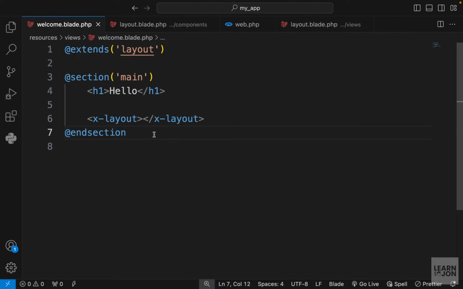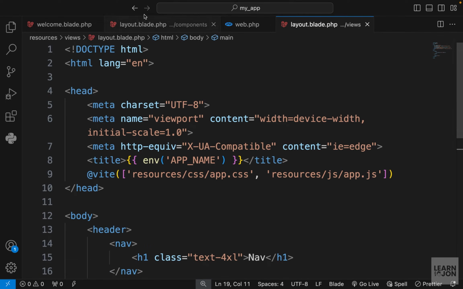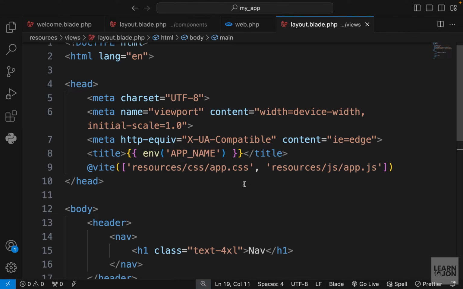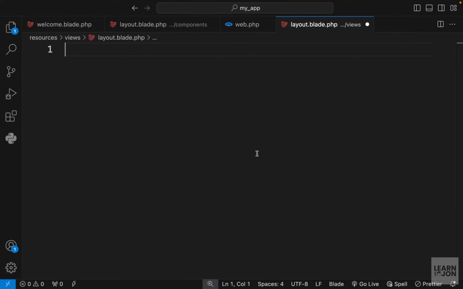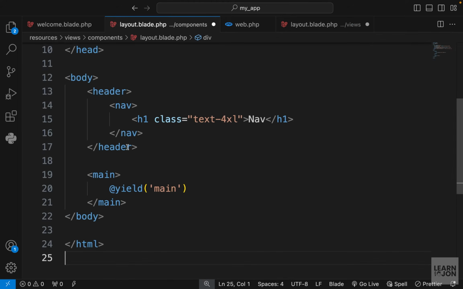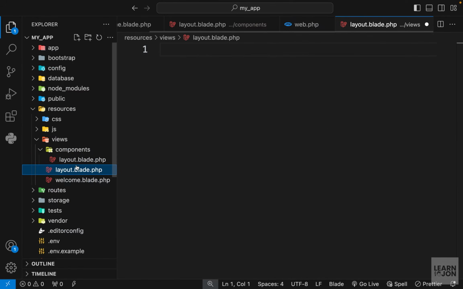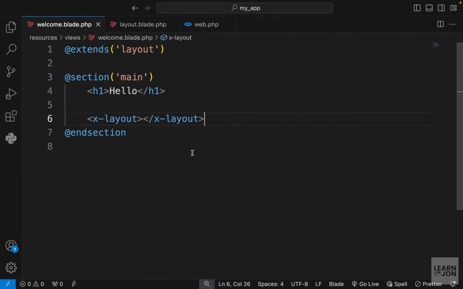Now, basically, we don't want to repeat all of this. We want to use this anonymous component for our layout. So let's grab everything from our layout file, which is in the root directory of our views. So I'm going to cut everything and go to the layout component. So it's under components and we have a layout file, and I'm going to paste all of that. So if we save this one and delete this layout file, which is empty now,